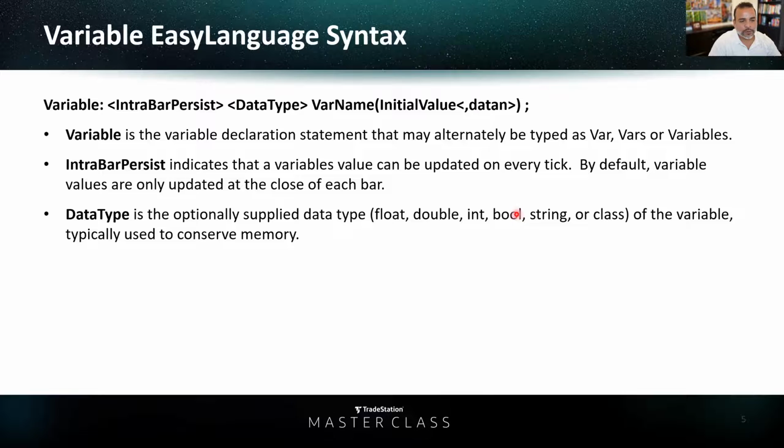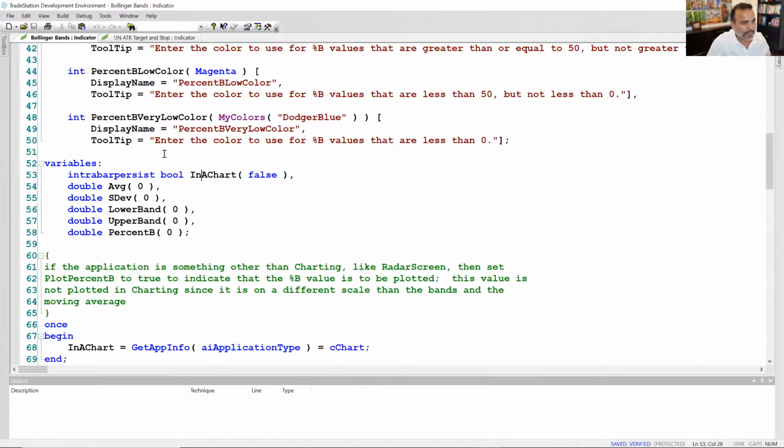But bool, what is a data type bool, John? Can you provide a little bit of insight? Because when I came over here to the code of the Bollinger Band, this is a bool data type in a chart. What does that really mean when you type it? Yeah, we use the bool terminology, short for Boolean, this gets a little tricky. Let's see, what would be a good function? I'll have to think of a function off the top of my head, but we use the term true false